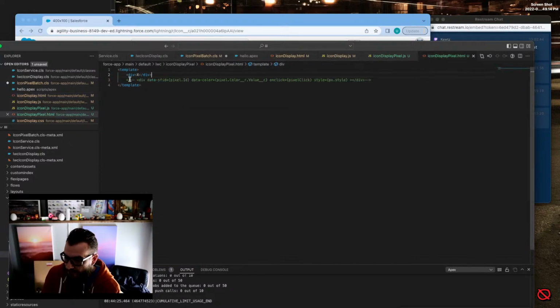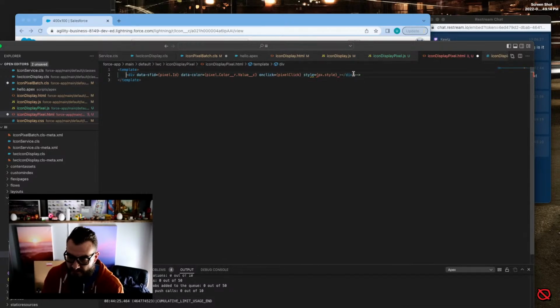Here's that component. Here's what we wanted to have happen. And I know there's some things that aren't, we do have the pixel data. And I'm looking at this and now